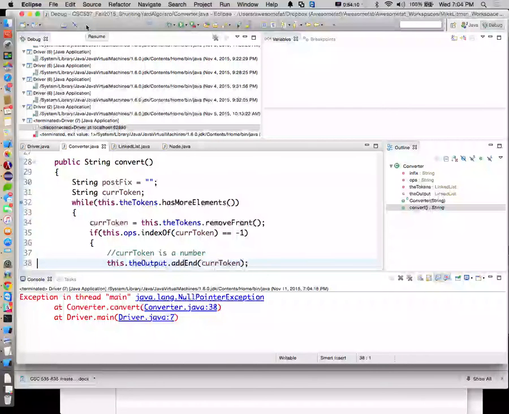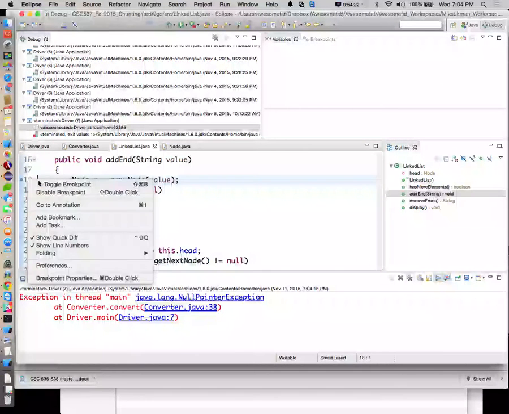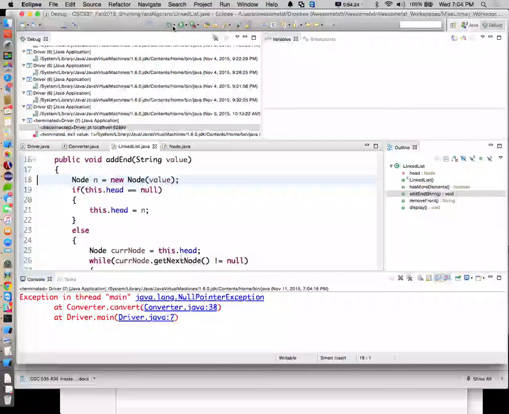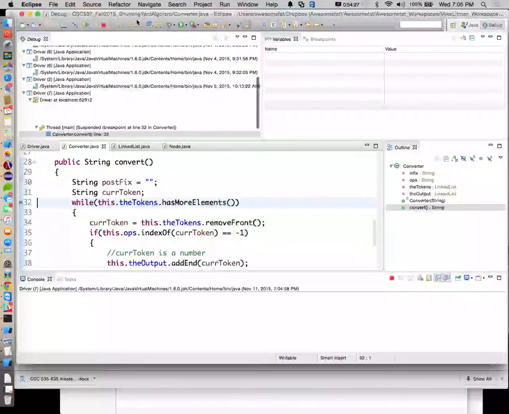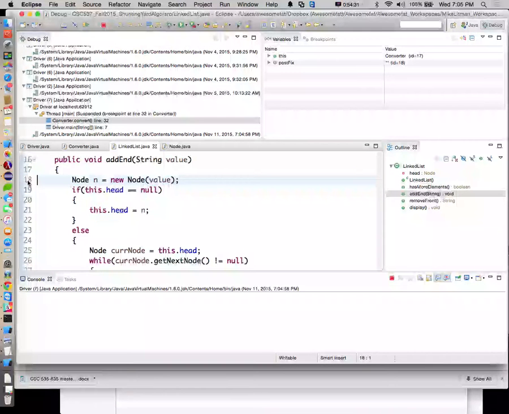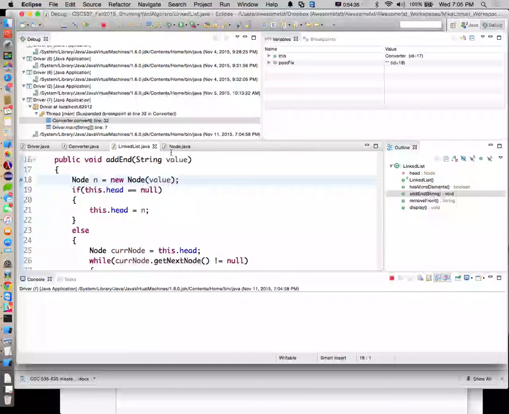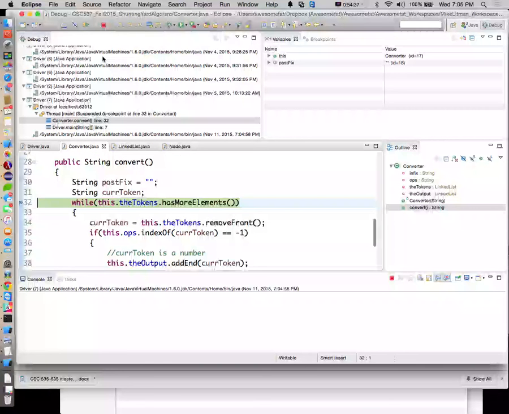Can you go back to addend? Yeah, let me do this real quick. Let me get this guy off. We run this again. Okay, so now we're there. Now let me put the breakpoint back in here. All right, so let's step